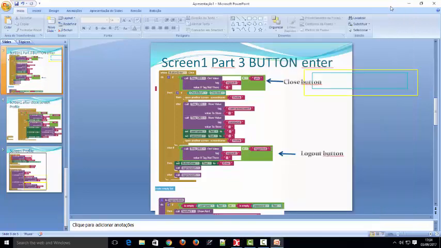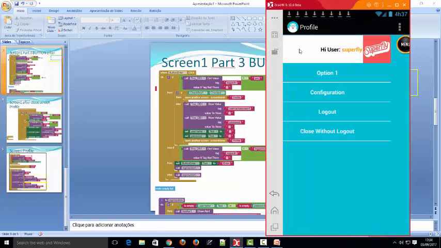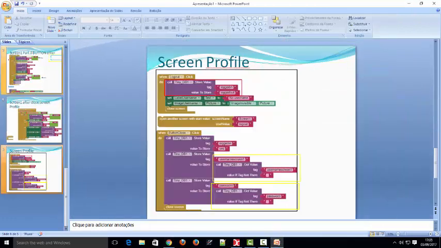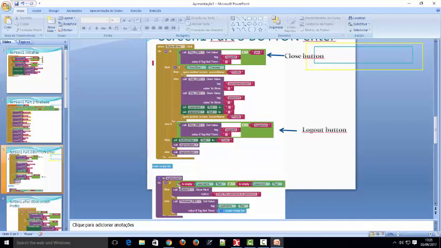Okay, the other part is the logout button. So when we click on logout, it's gonna go to enter. So we are setting the button text to enter, and we are calling that system that we made on the other videos. That is gonna send the username. So the login system is this procedure here,